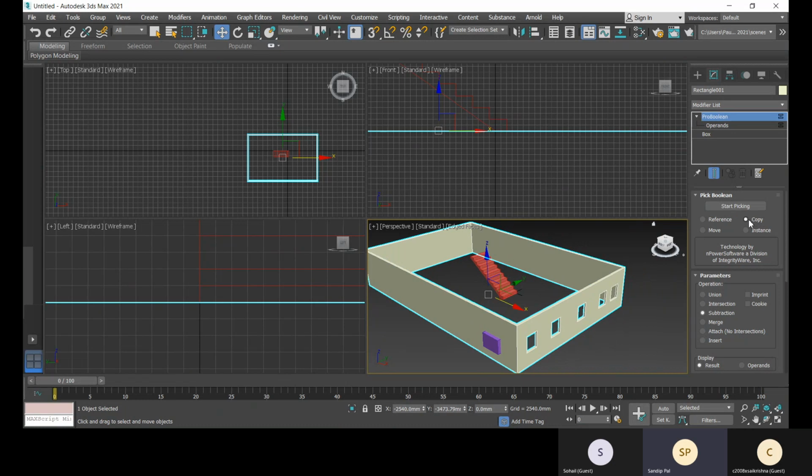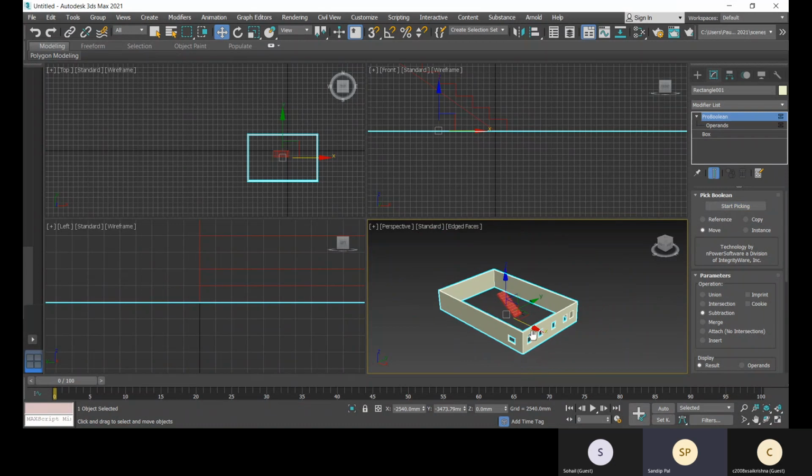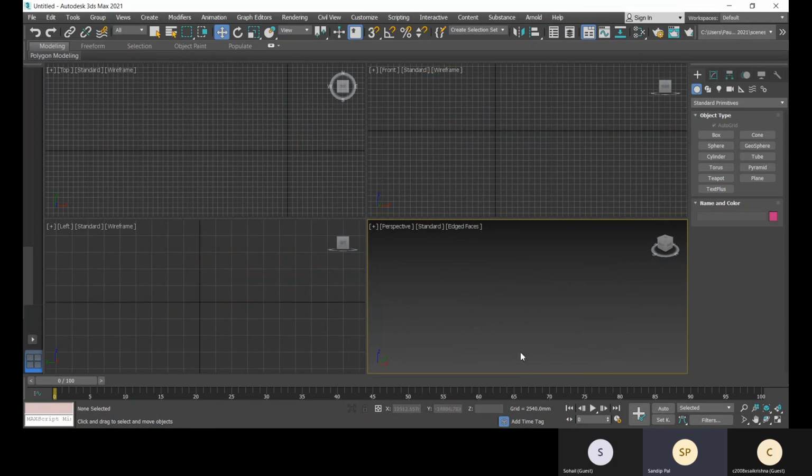Because copy is selected, it is making the operation but duplicating that box, so that should be selected as move. So click on start picking and select this. Okay, so that is the reason we were getting that error. So this way you can create your 2D shapes and extrude them.